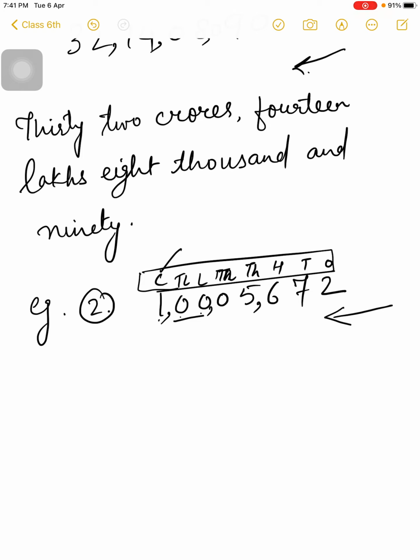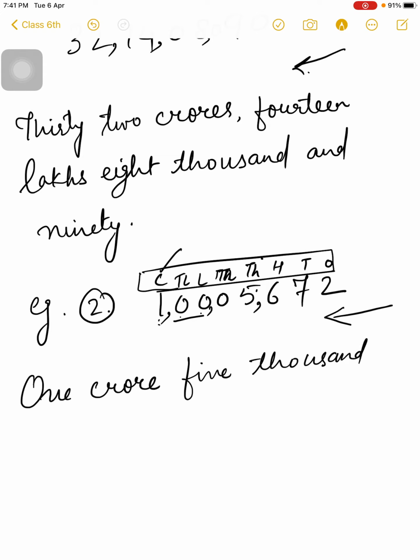After 1 crore you have to write the number name with 5,000. How will you write it? 1 crore, 5,000, 600